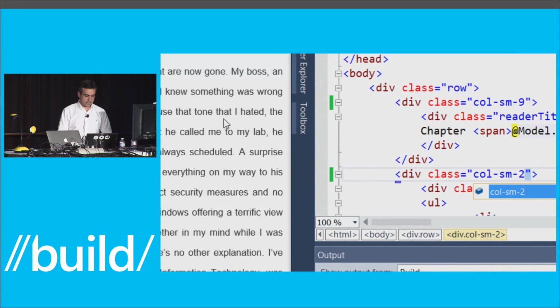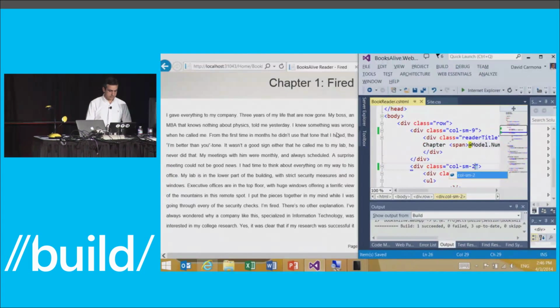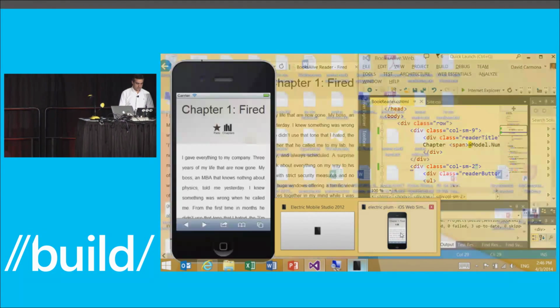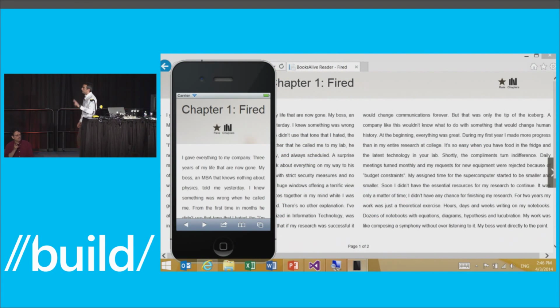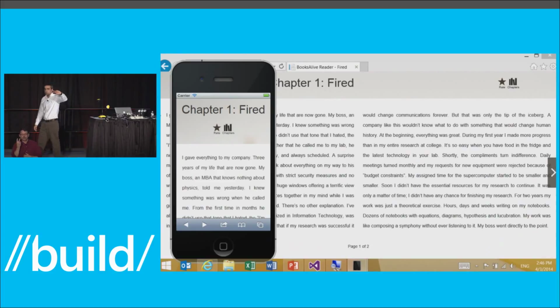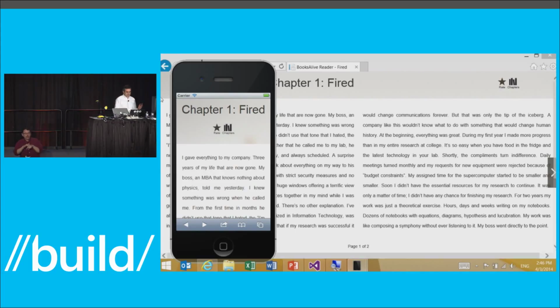I update this whole thing. And now you can see that in the iPhone, I have 2 rows. In my big browser, I have 1 big row, right? So without using CSS media queries, I was able to adapt my layout depending on the resolution of the target device. So the next thing that we said